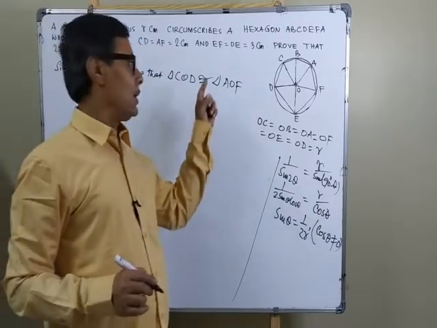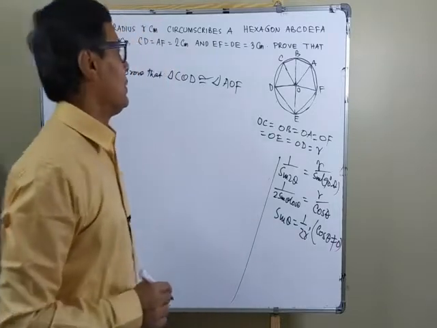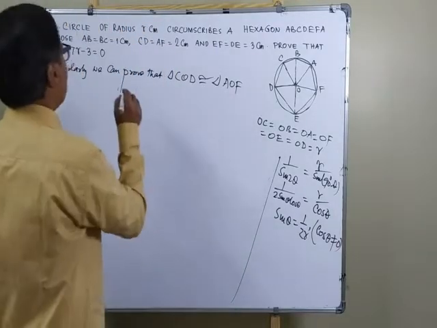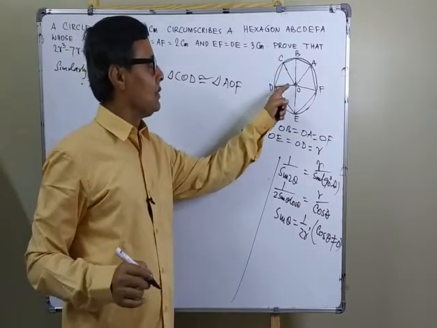So as these two triangles are congruent,